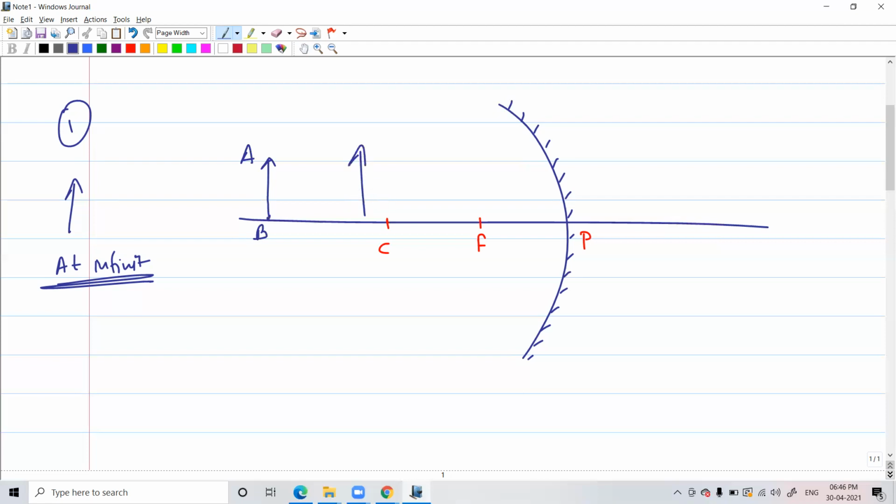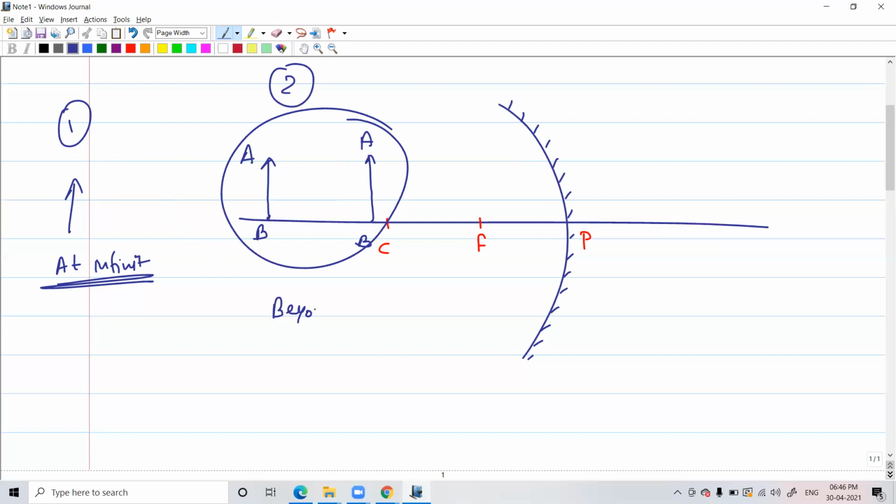The object could have been very close to C, and we will still call it the same second case. This object is not so far away that the light is coming parallel from everywhere, and it is not on C yet. So all these cases make your case 2, which we will call the object is beyond center of curvature, C,